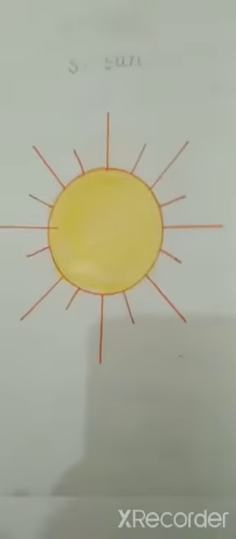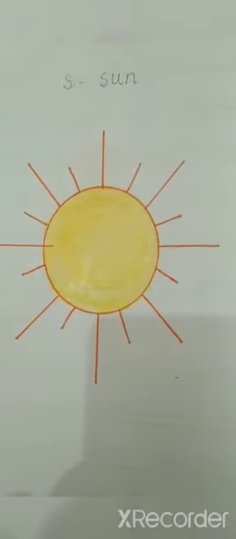So kids, what is this? This is sun. Okay. Now I will tell you how to write letter S. First we will write the capital one and then we will write the small s. Okay. We will start from here. First take a curve, swing to the back, then come in front and then again swing like this.